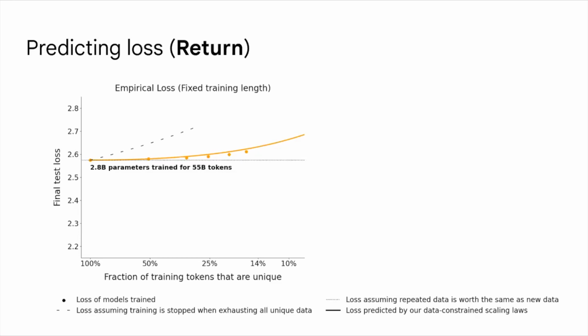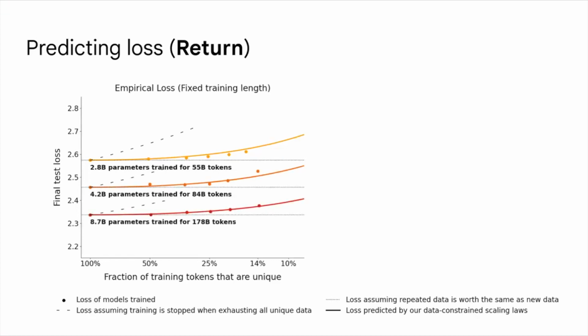And we saw from the plots earlier that it's somewhere in between. There's some value in repeated data, but it's not as good as new data. And so we get this solid line as predicted by a formula and the fitted parameters. And it aligns fairly well with the empirical data. And then this is how it looks for the second configuration and the third one. And it does seem like the solid line and the dots align even better as we go to the largest configuration. So it could be that the formula is slightly better at predicting larger compute allocations.